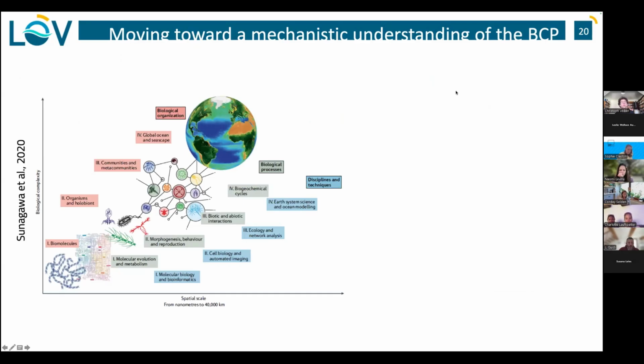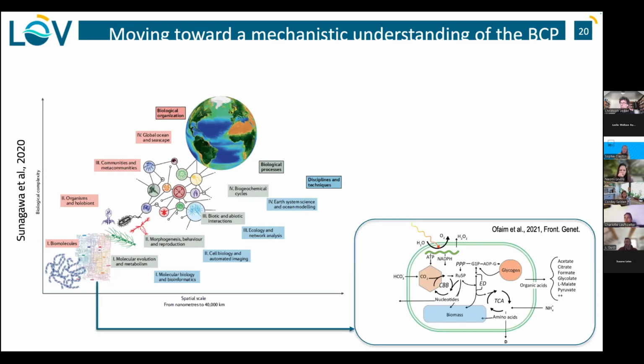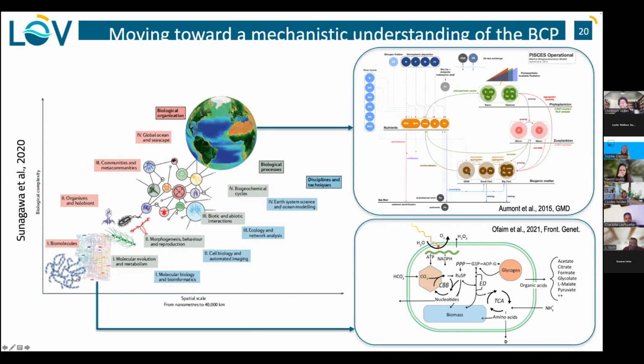So all that was correlation, even though we tried to understand a bit of the mechanistic underneath it. And so with Damien, for years we've been trying to understand, or at least put information on correlation, and then move from correlation to mechanistic understanding of the biological carbon pump. So what this means is that we want to link a very fine understanding of cells, that's a gene scale model, for example, of Prochlorococcus, and we want to link that to something that is global. And so that's another type of model.